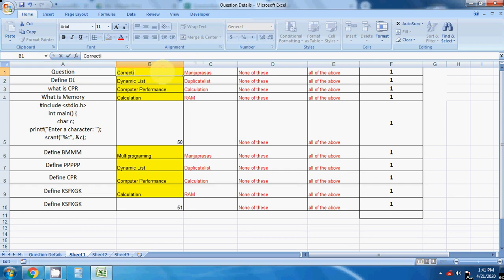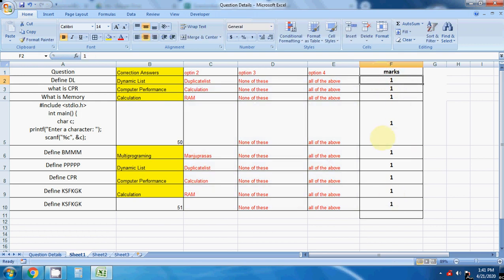Then I will have all my correct answers in one particular option only. Like if it is option A, all correct answers should be option A. Later we can do the shuffling of options in Google Form. Then there is option 2, next option 3, and option 4. Like this you can add on for your questions, and the last column is your marks column.